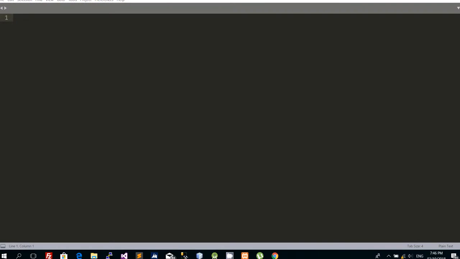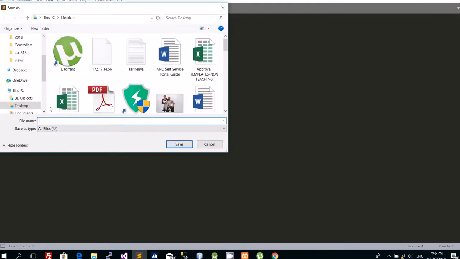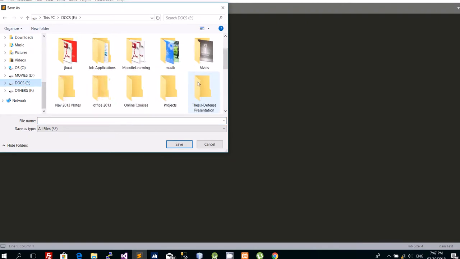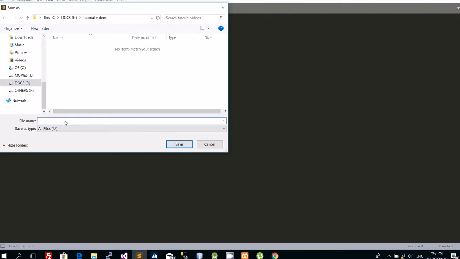So just go to File, create a new file, and I save it just the way it is, a blank page. Go to File, Save, look for the saving location. For HTML, you can save it within any given directory of your computer. I have created a directory here, and then you give it a title. For example, let's assume I just want to create a forms page, so just say